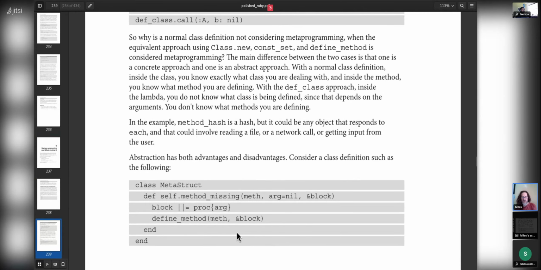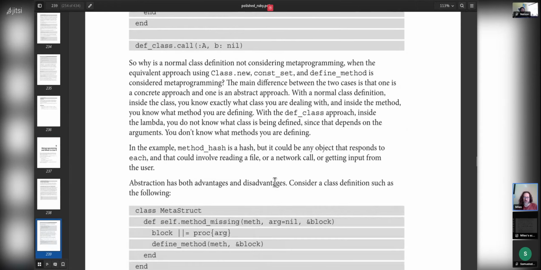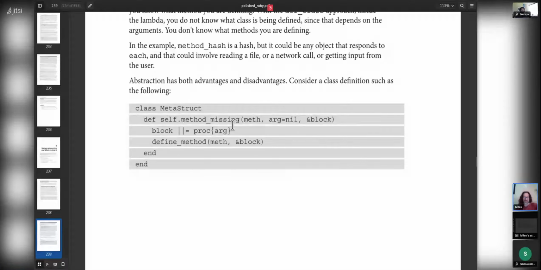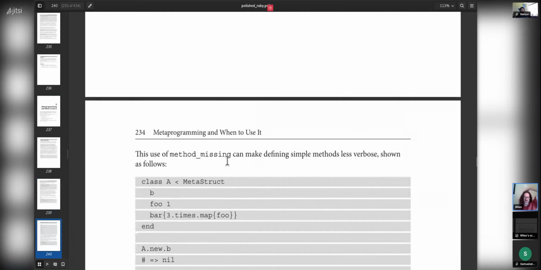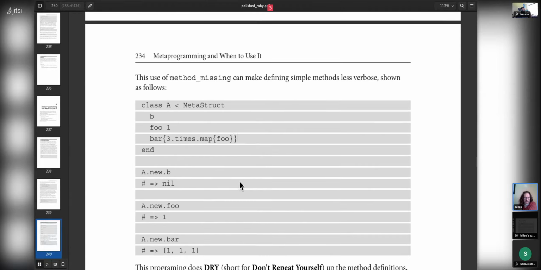So I'll keep scrolling along here. Okay, so here he gives an example of some metaprogramming that, and I guess this is subjective, I think most programmers are going to agree that the example he gives here with MetaStruct is not a helpful form of metaprogramming. The idea is that whenever you call a method on class A, it's going to define a method on class A,